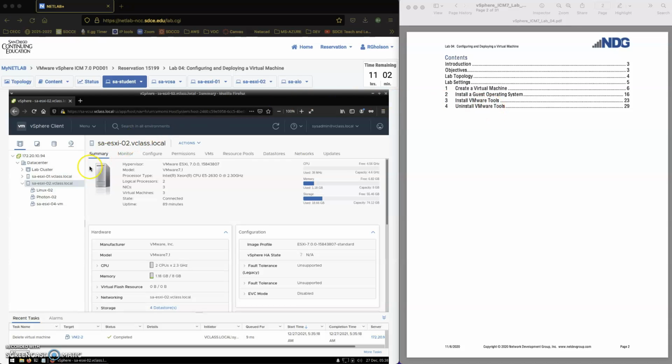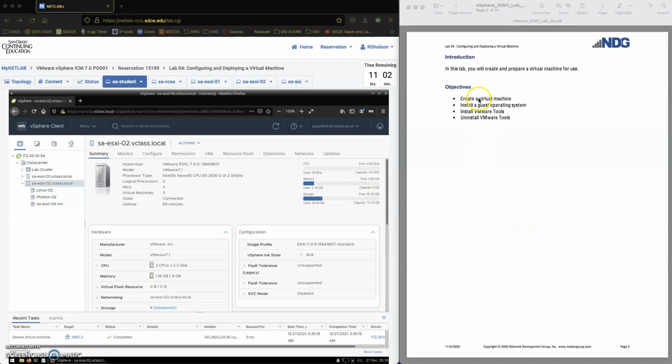You can see over here that I'm already logged into the vSphere client, and I've selected the ESXi02, which is the host where I will be creating my new virtual machine. If I take a look in the instructions over here, you can see the objectives pretty much follow the different sections of this lab. This first video